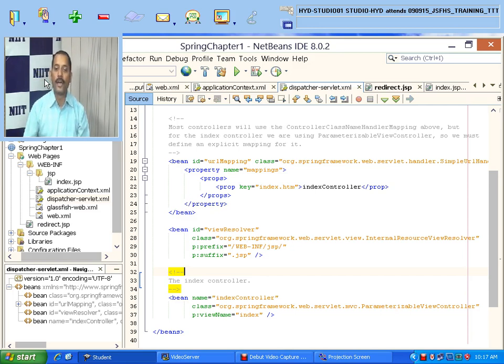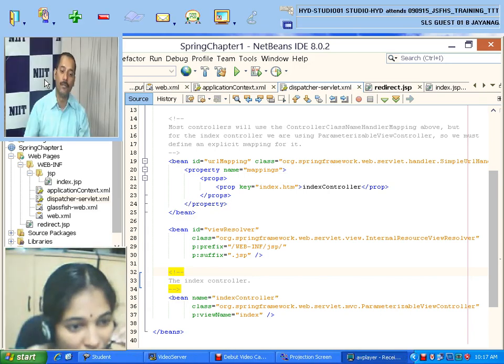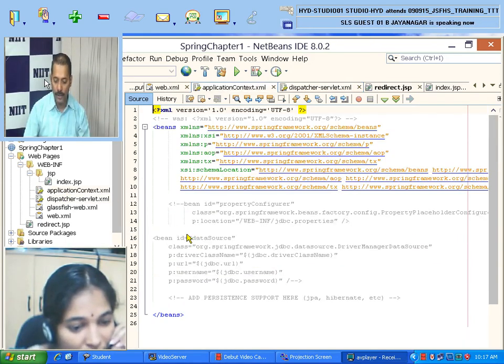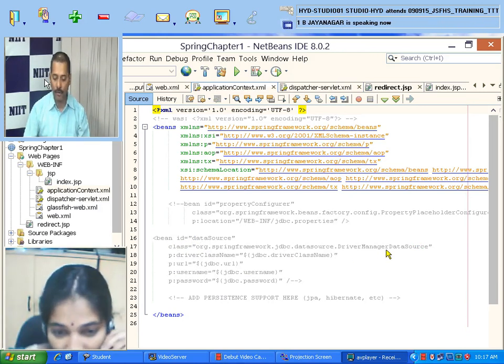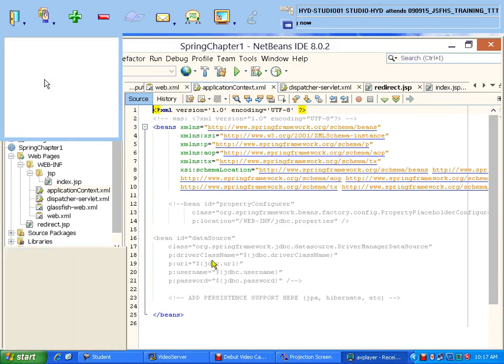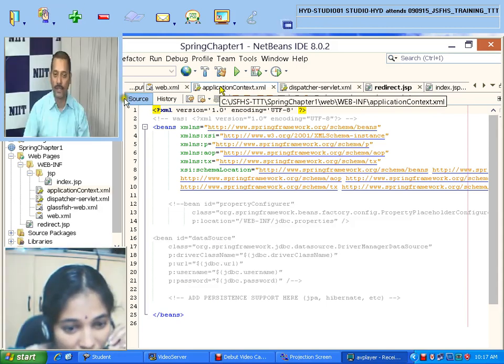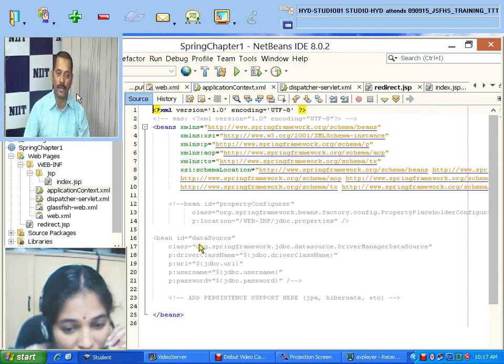Yes, we are not using any kind of application context in this case. We would use application context.xml if, for example, I want to do any kind of database implementation. Then I can go for that. You can say bean ID data source, class name is this, the data source driver manager, driver class is this, URL, username, password. If you want these implemented, then I can use the application context.xml file and fetch the data from the databases using this bean ID information.